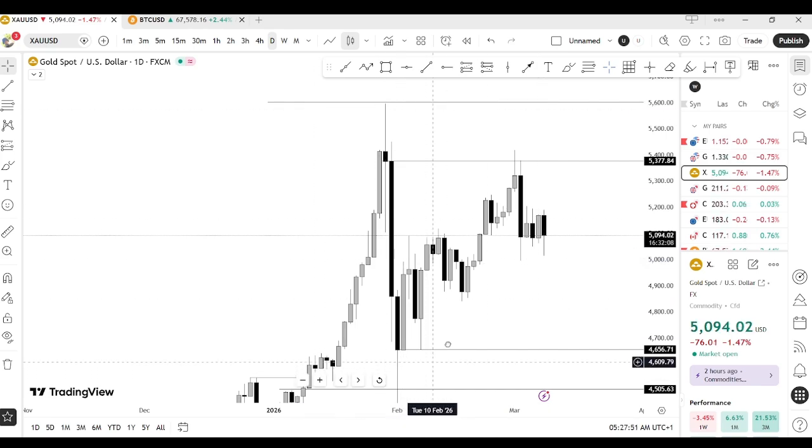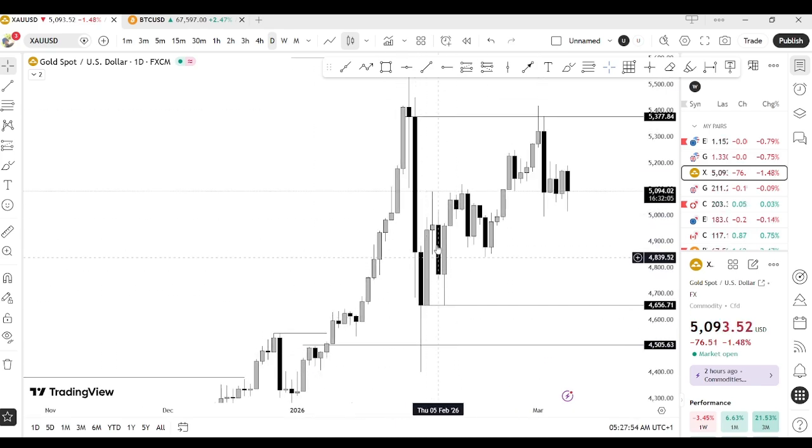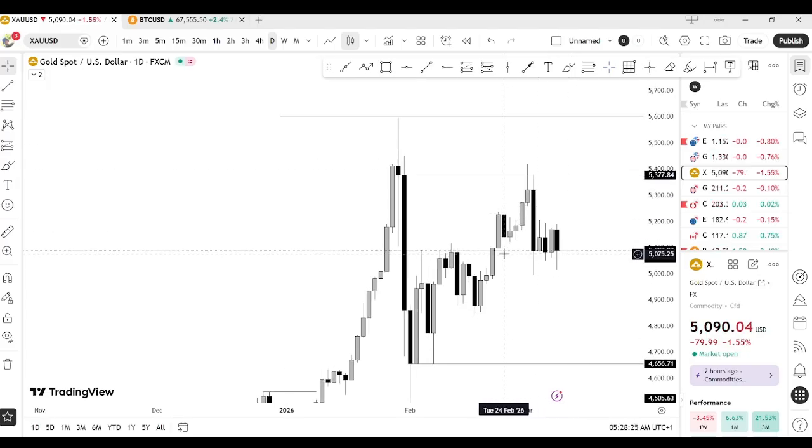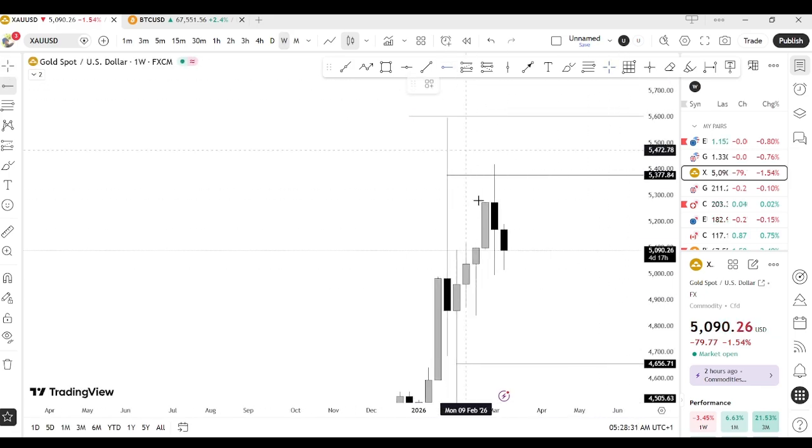But now something else is happening. Price has been buying from this zone for weeks now, I think from February 26th, is it? Sorry, February 2nd. That's when price starts buying from here, from February 2nd. And price got to this key level by 2nd of March. Wow, what a coincidence. The same day. So as you were taught, price moves from supply to demand and demand to supply. So now